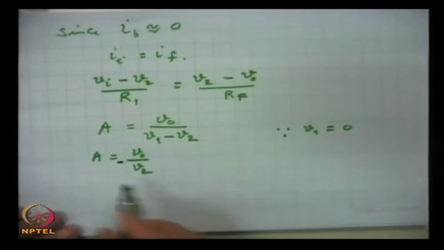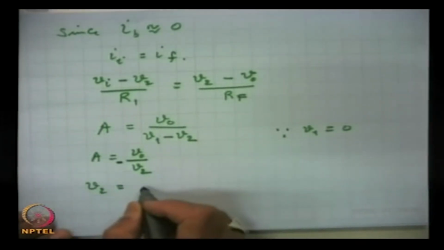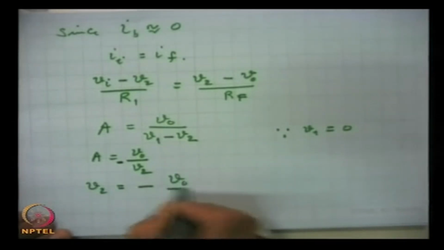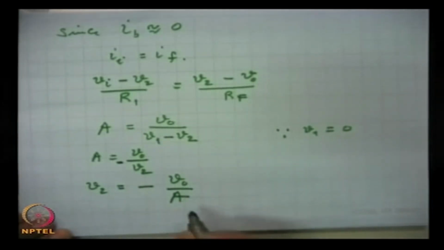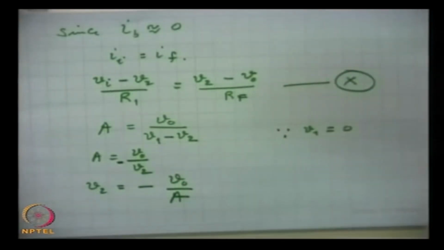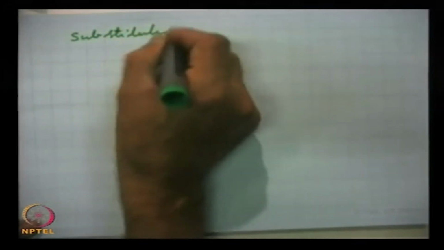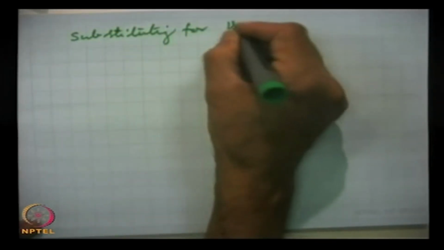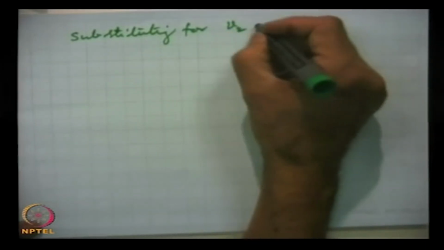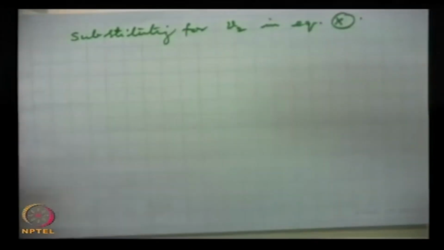From here V2 is equal to minus V0 by A, and this we substitute. Let us call this equation X. In this equation we substitute this for V2 in equation X, we get